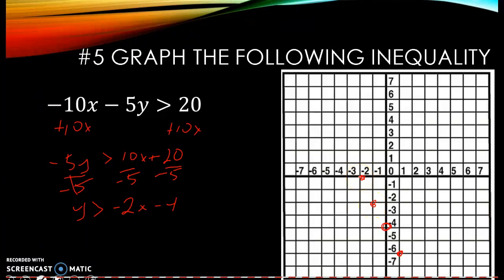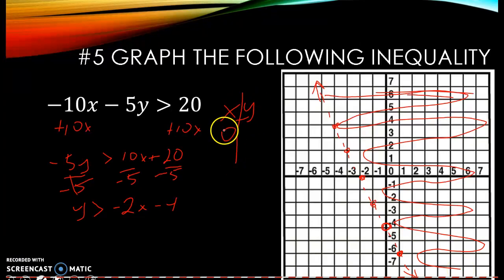And it's going to be all of these points in here. Again, it's going to be a dotted line because it is not equal to anything at that point, because it doesn't have a line underneath it. And y is greater than that, which means everything over here on this side of the line is going to be shaded. And if I did it using the other method, if I made an x and y chart,